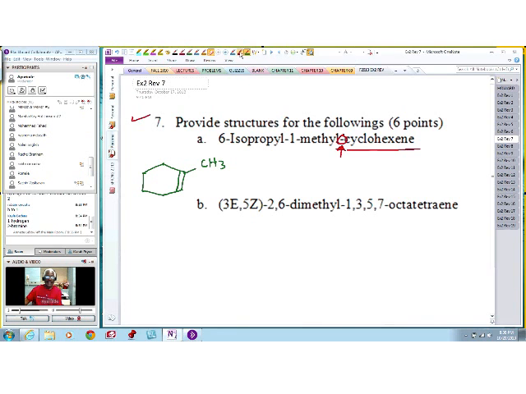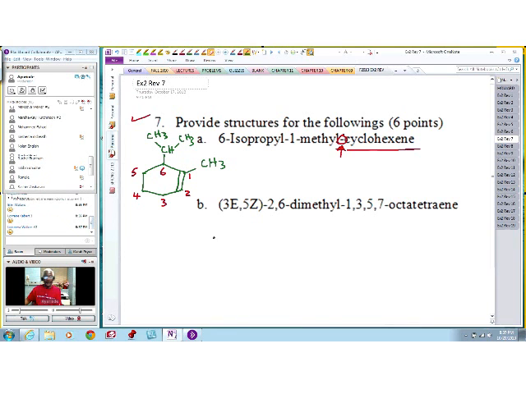Now we then number the carbon chain. Say this is carbon 1, carbon 2, carbon 3, 4, 5, and carbon 6. So therefore, the isopropyl group must be on this carbon, and isopropyl is this here. Is that clear to all of you? If it is, give me a happy face. Okay, very good. Now let us do